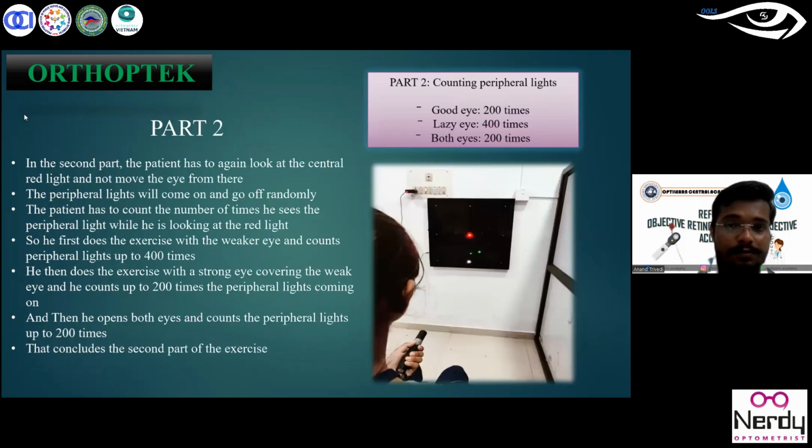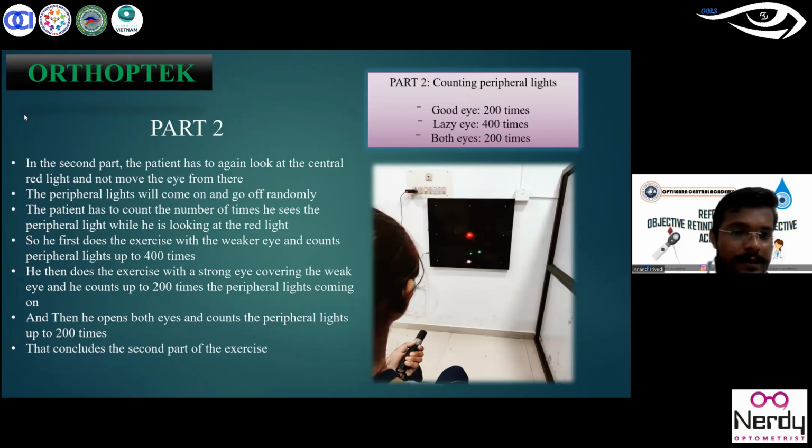Okay, so we're talking about part two. In the second part, the patient has to again look at the central red light and not move the eye from there. The peripheral lights will come on and go off randomly. The patient has to count the number of times he sees the peripheral light while looking at the red light. So he first does the exercise with the better eye and counts peripheral lights up to 400